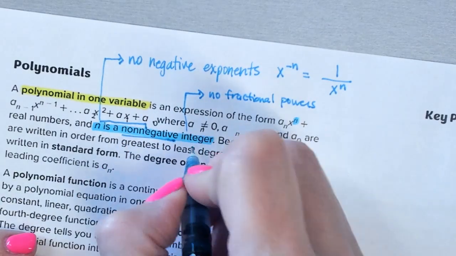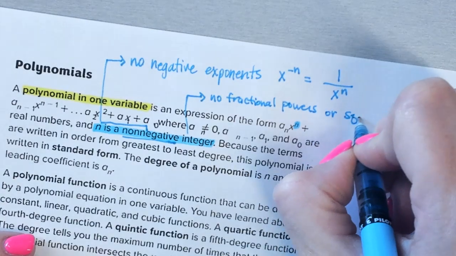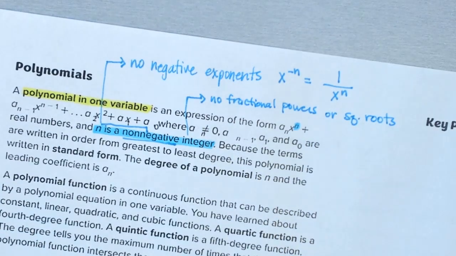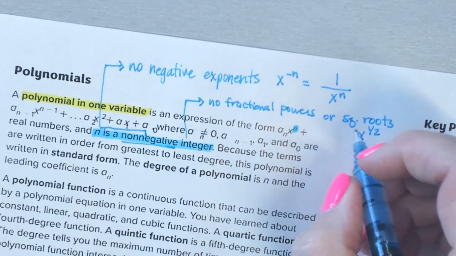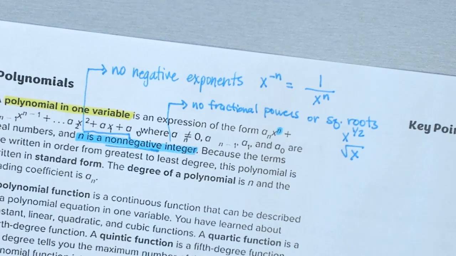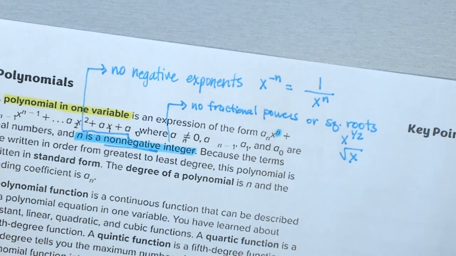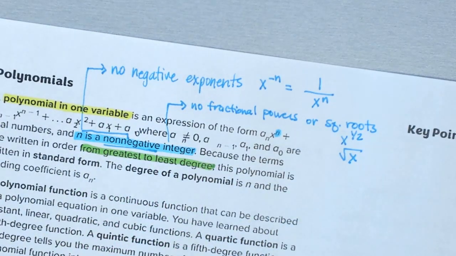So that part's the non-negative, this is the integer, and you can't have any square roots. So that would be something like x to the 1/2. X to the 1/2 actually is the same thing as the square root of x. We'll talk more about that later on. Okay, and then it says because the terms are written in order from greatest to least degree, this polynomial is